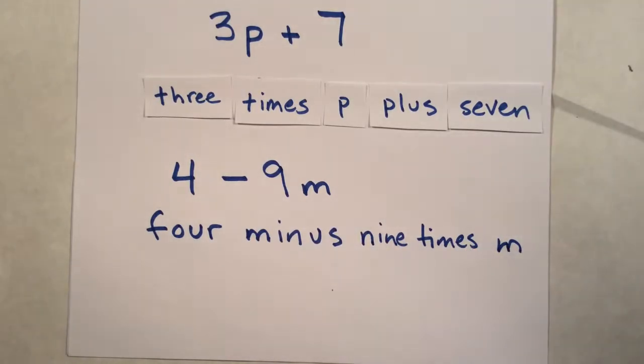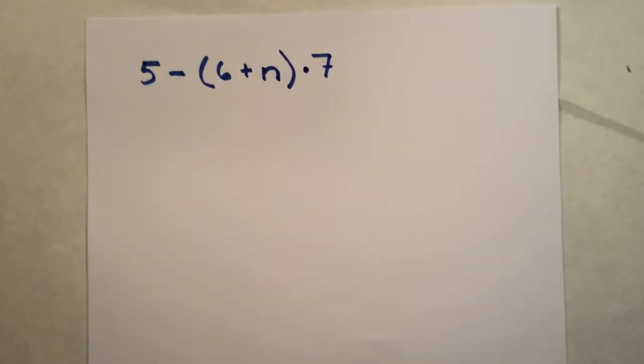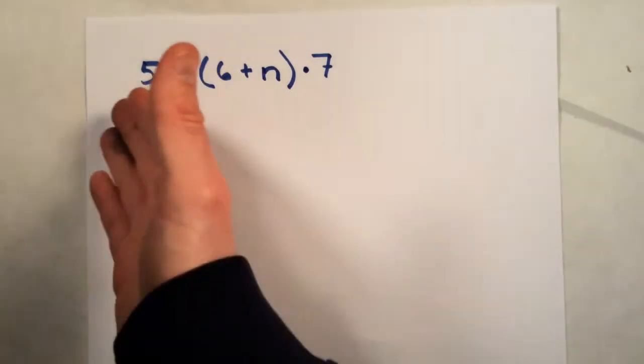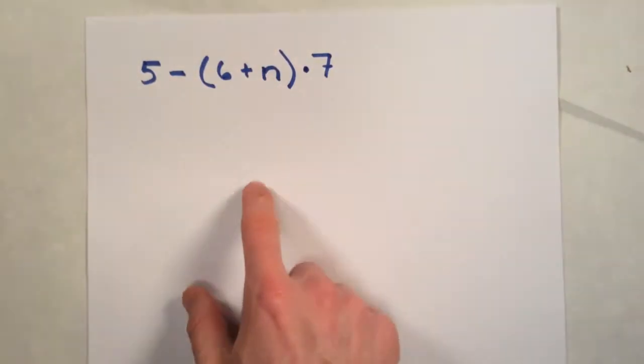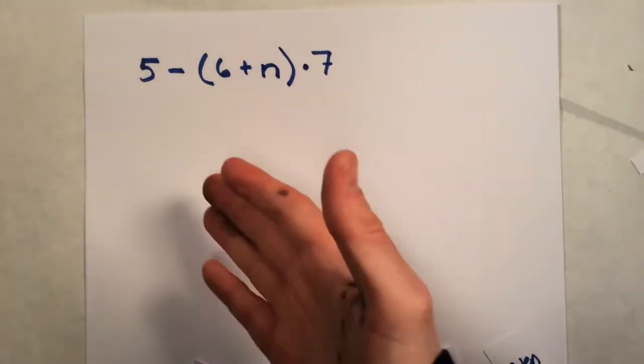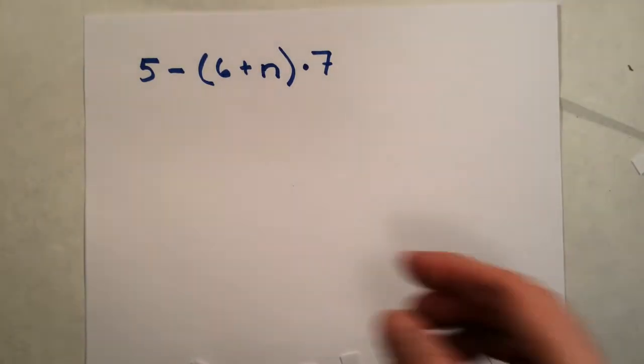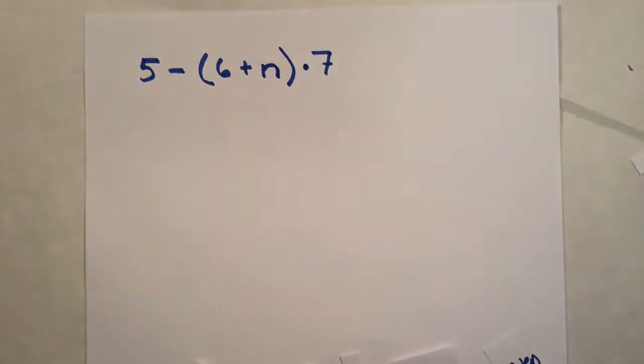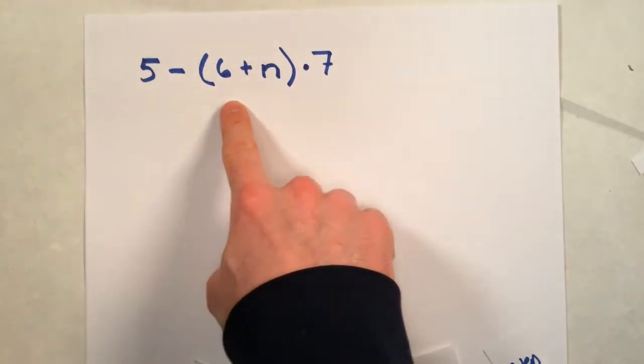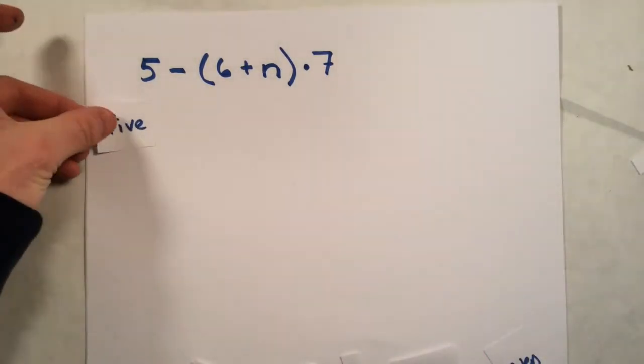Great job. There are a couple of special things you need to know. One is how to talk about parentheses. Now you've done it before, but let's see it converting from symbols to math words. There's nothing crazy here. It's just knowing what words to use for all of these symbols. Again, we translate left to right. 5